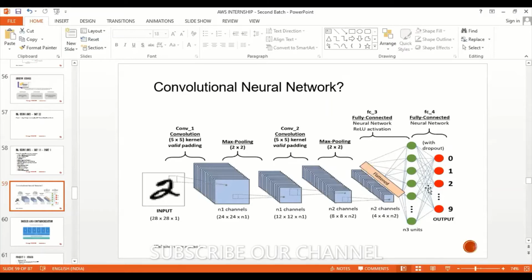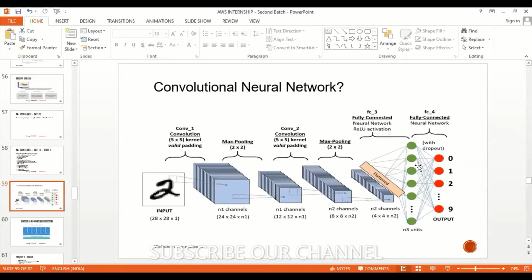Most important, what we have to learn and understand is, since it is a neural network, the entire process will take place in two passes. One is called forward pass, another one is called backward pass. Let's say I got the answer in the forward pass. It is not matching with my expected output. So what I will do, I'll perform the backward pass. Whatever the output I'm giving, again I'm going to give it back to the input. Again, it is going to process again. Understood? So this is continuously performed in CNN.